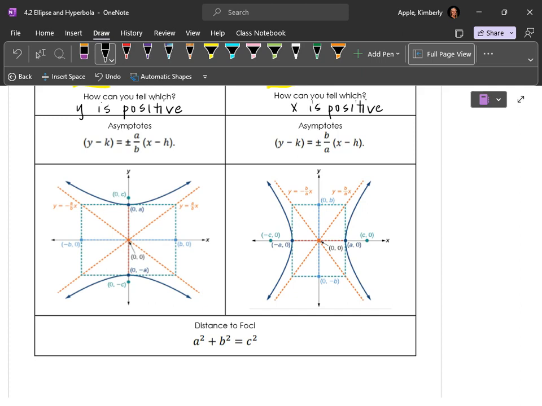So if you know Pisces, like if you're an astrology nut, and that's what